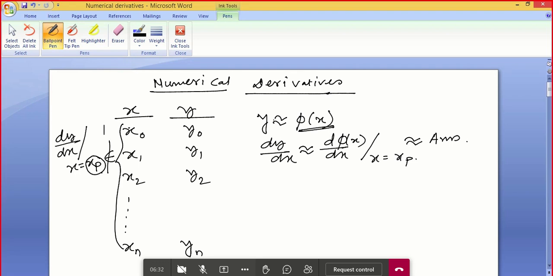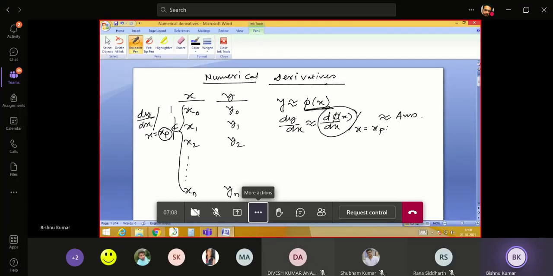Okay. Suppose the data sets are unequally spaced, meaning uneven spaced, not equal spaced, then you have to use Lagrange's interpolation or Newton divided difference interpolation. With the help of a suitable interpolation technique, you have to approximate a polynomial, y as a function of x, phi x. In that polynomial, you have to take the derivative, and whichever point is asked, you put that point in this derivative value. That is the laborious work still now, but smart questions will be built.